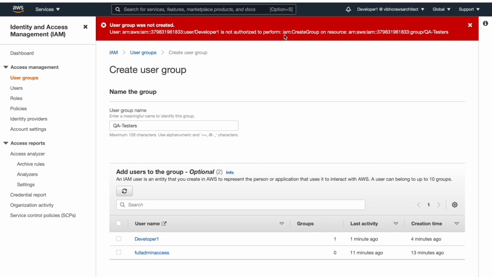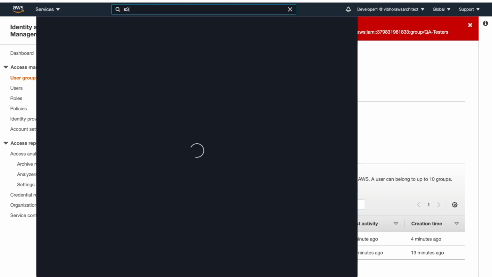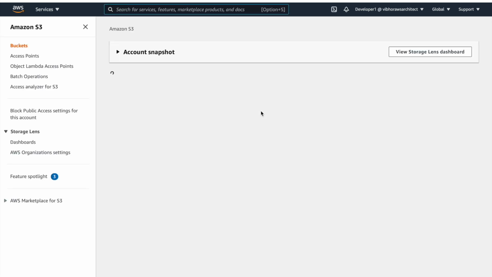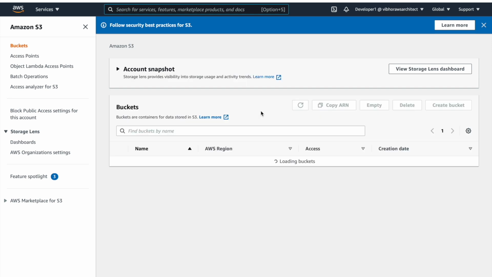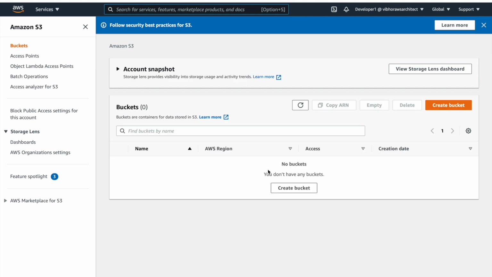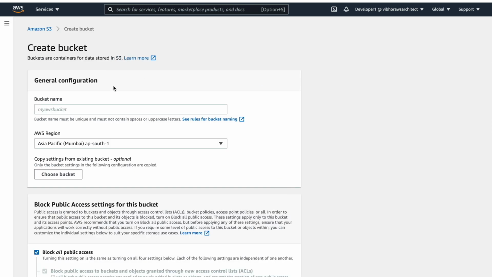We have given full access of S3. Let's go to S3 and create a bucket. So click on create bucket. Give the name to your bucket.